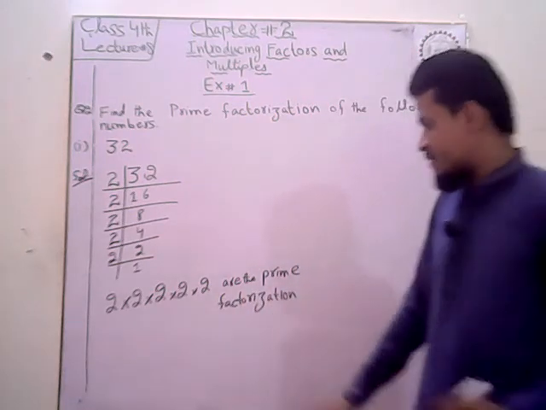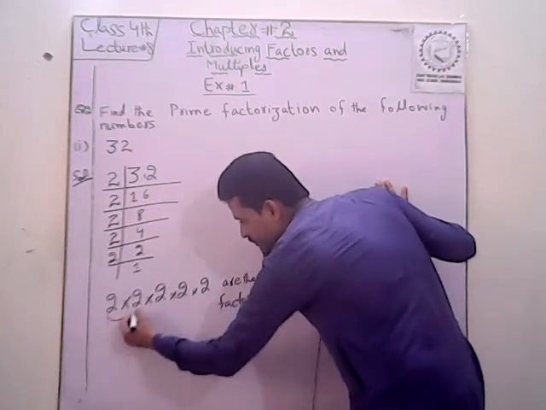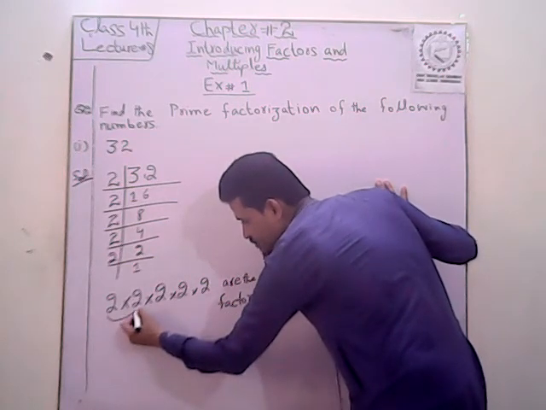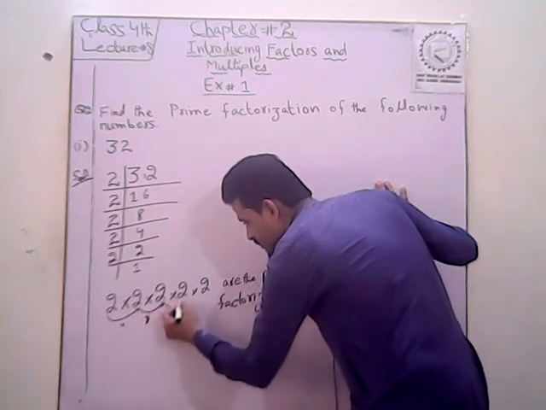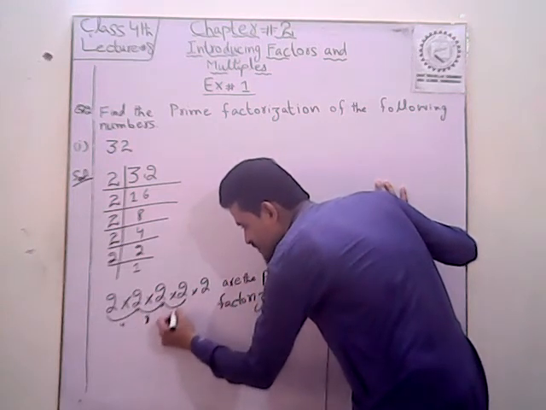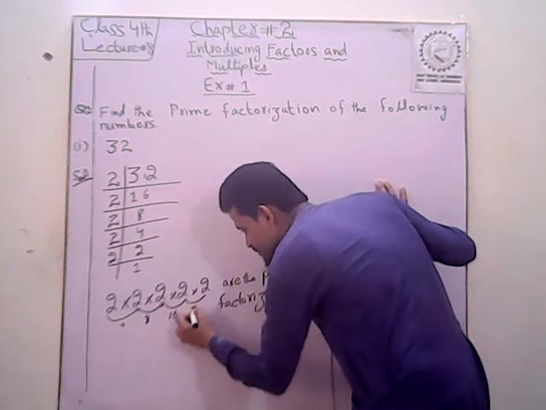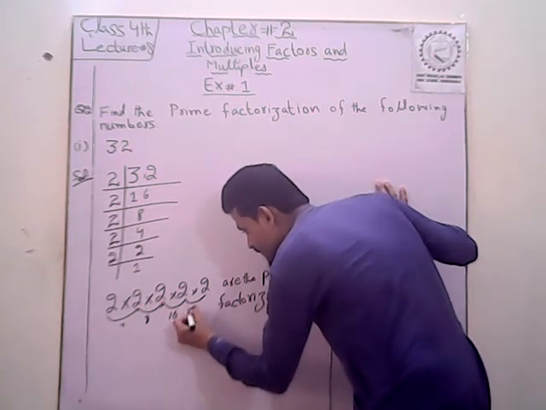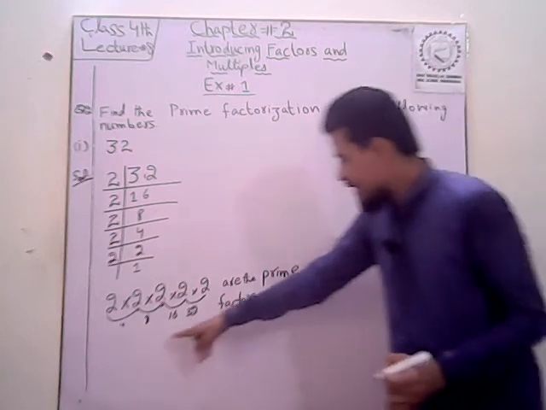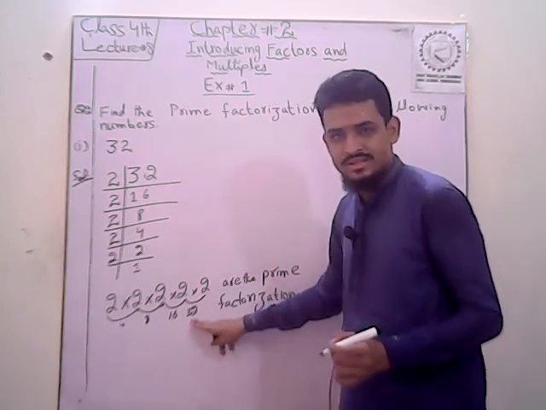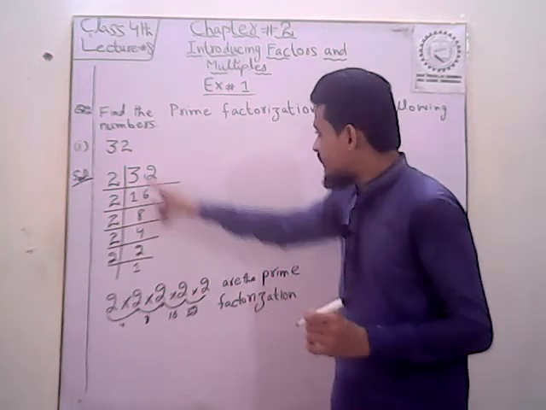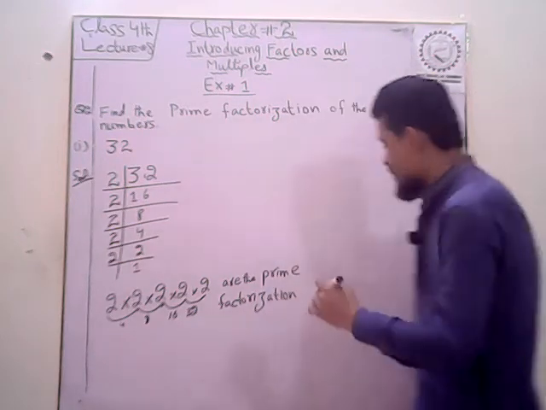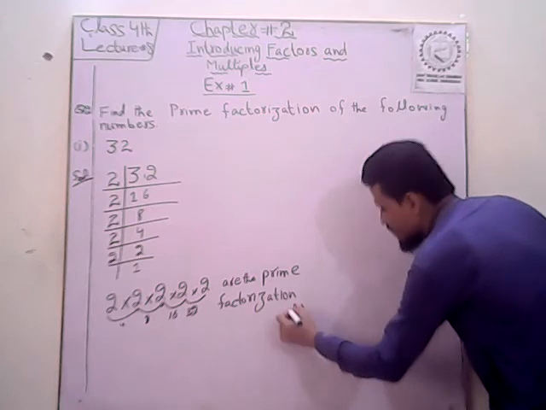Students, we read 2 2 ज़ा 4. If you see 2 2 ज़ा 4, so 4 2 ज़ा 8, 8 2 ज़ा 16, and 16 2 ज़ा 32. If we multiply here, the answer is the same, so we find the factors of this question. So it is the right answer of this question.